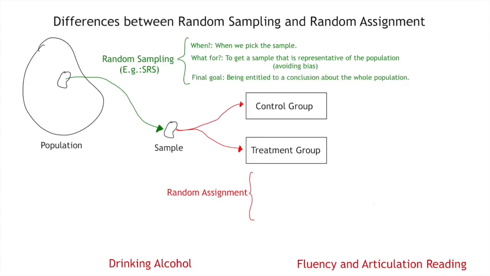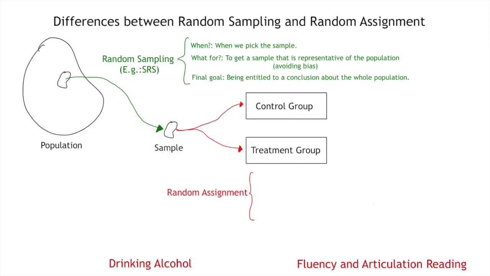If the sample is random, there is no reason to believe that any segment of the population has been overrepresented or underrepresented. So whatever we observe in the sample, we can extend it to the whole population following certain probability rules that we will study in chapters 7 to 11. Let's forget now about how we got the sample. The fact is that we have a sample in our hands.